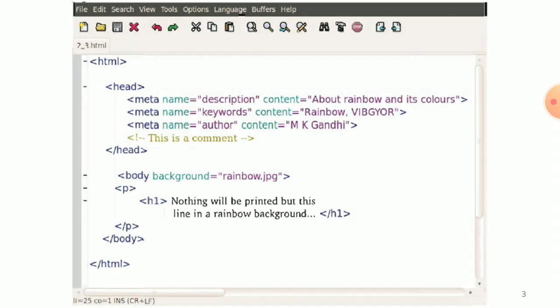That is the example of body background: body background equals rainbow.jpg.